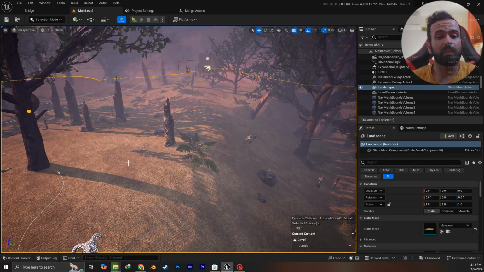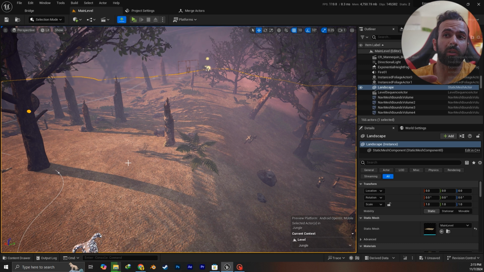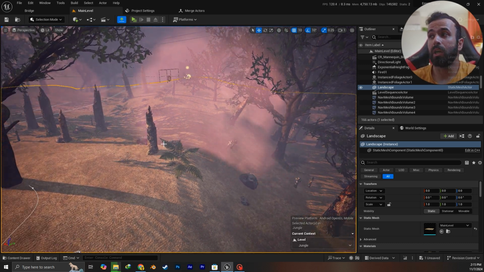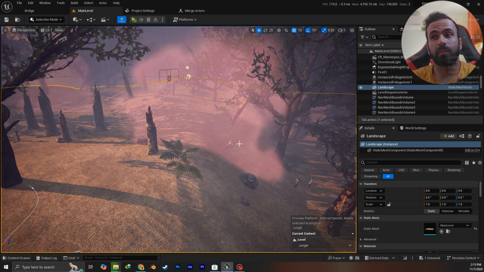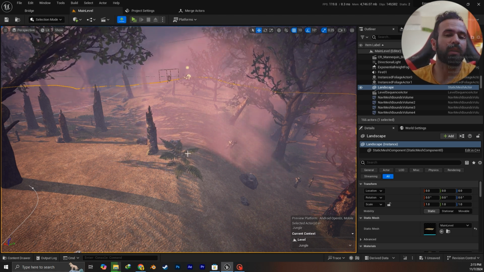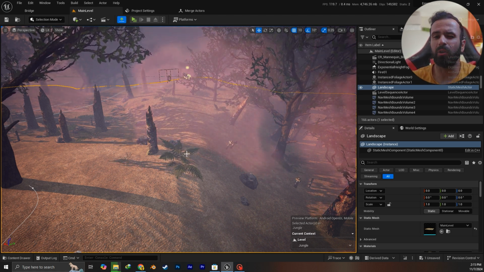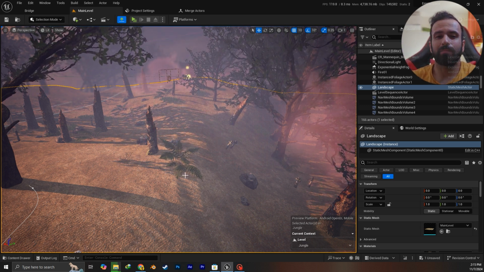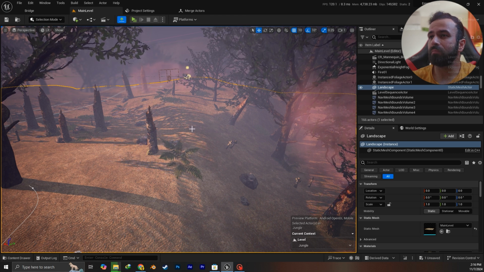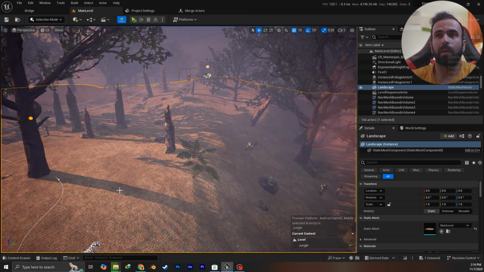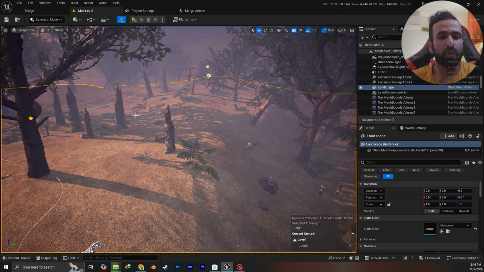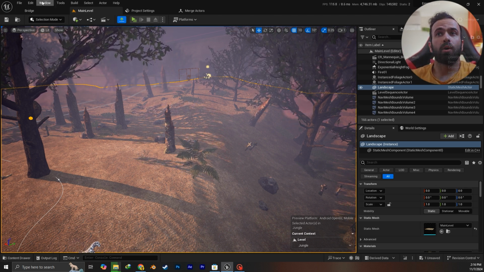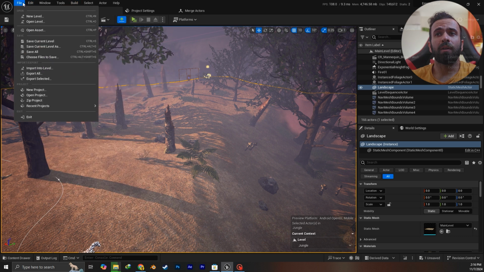So I was facing problems in memory management, and in Android, if you have memory management issues, the game is likely to crash. So there's a way to fix it. In Android and iOS, I don't know if that problem exists in iOS, but it's better safe than sorry. So you have your landscape, and then you want to change it to a static mesh or to pieces of static mesh. So what you're gonna do is go into the file,